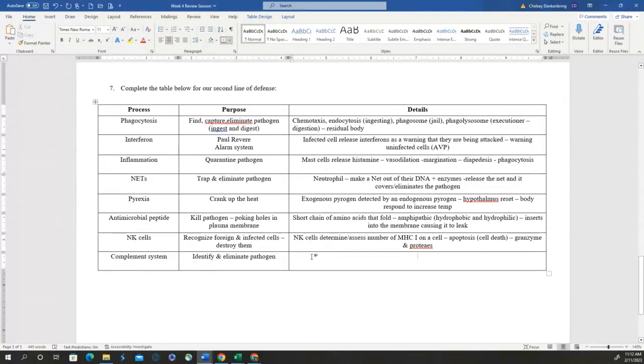Remember, there are 3 different things that can activate this system, okay? But essentially what happens is once it has identified that there is a pathogen in the body, which it can do 3 different ways, its goal is to kind of get rid of it or to help the specific immunity